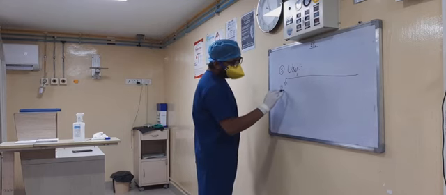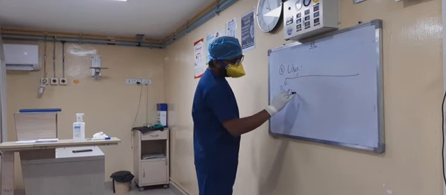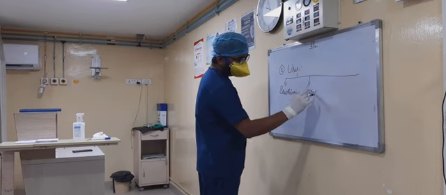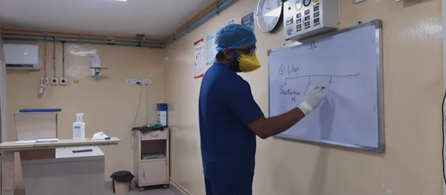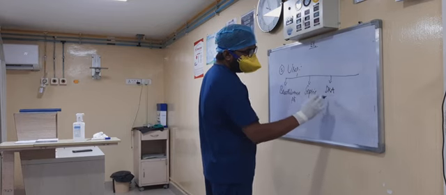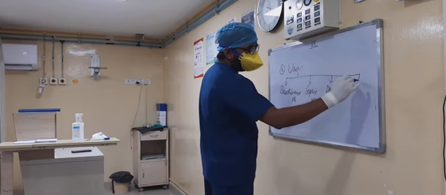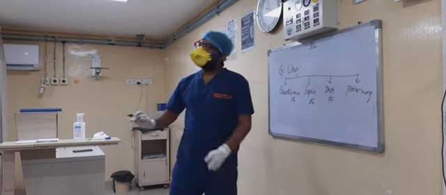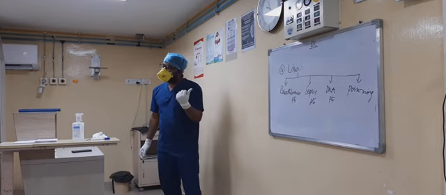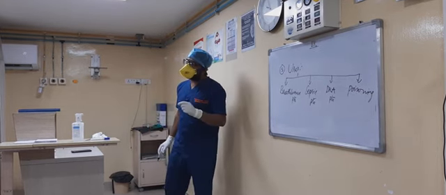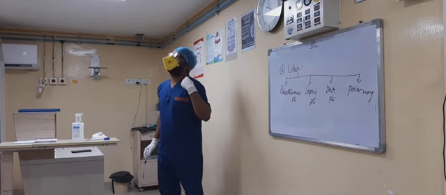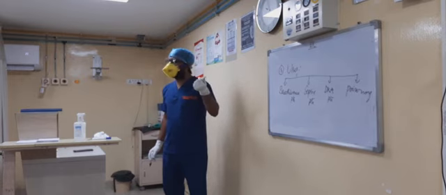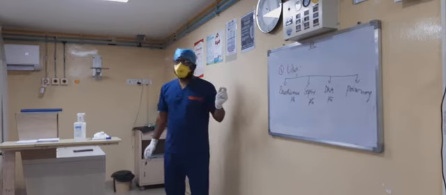Any breathless patient, breathlessness patients, any sepsis patients, DKA, diabetic ketoacidosis patients, any poisoning patients. The other things, even if you forget, it is not a problem. But in these patients, 100% you have to do the ABG. Even if the doctor is not advising, you can tell your input, sir, patient is breathless, can we do ABG? Patient is having poisoning, can we do ABG? Okay? So these are the uses.